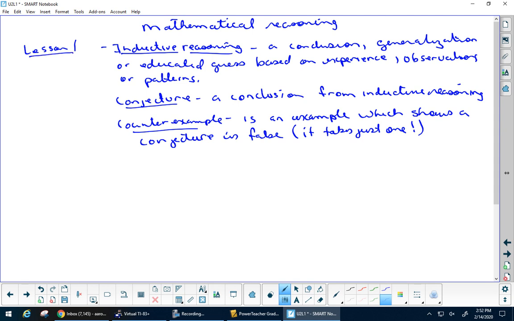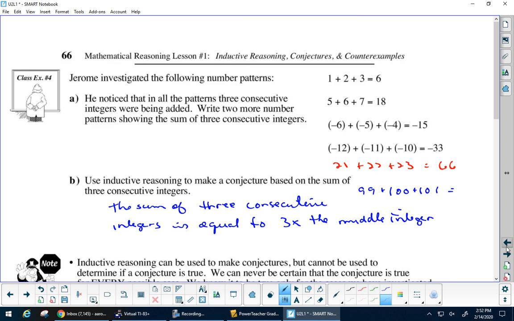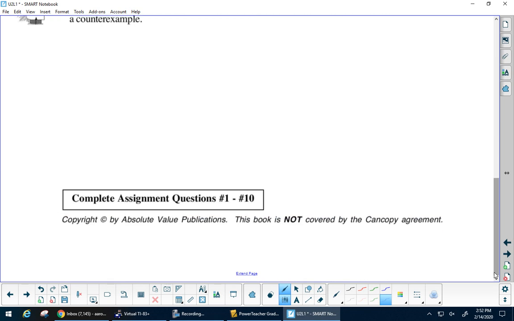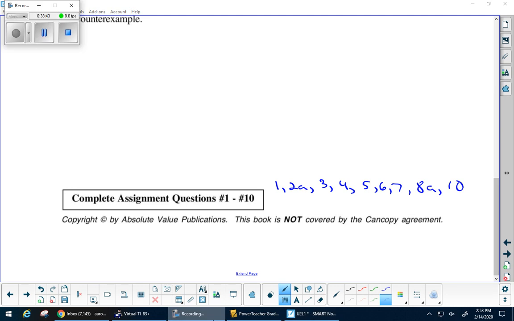Cool. So what are we working on? We're going to work on 1, 2A, 3, 4, 5, 6, 7, 8A, and 10. Writing